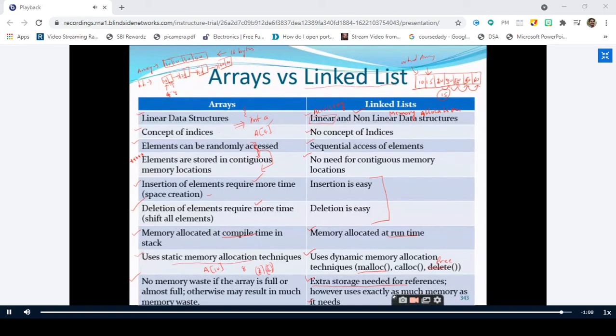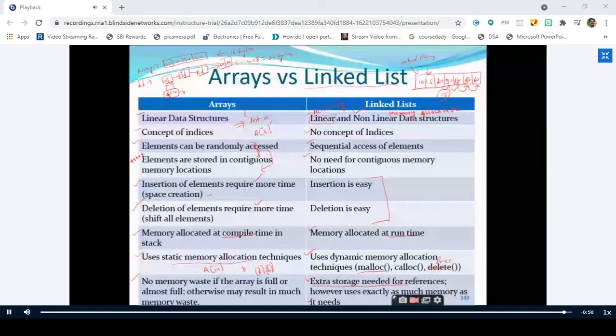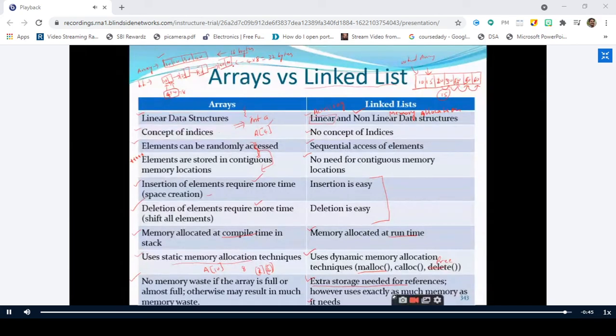So how many bytes in total are required for one node? It is 4 plus 4, that is equal to 8 bytes. So for 4 nodes, how much memory? 4 into 8, 32 bytes. So as you can see, if we use arrays, we store the 4 elements using 16 bytes. But if you use a linked list, you need 32 bytes. That is the reason we require some extra storage space to store the address of the next node. So extra space is required for the link. Is it clear? Yes, sir.